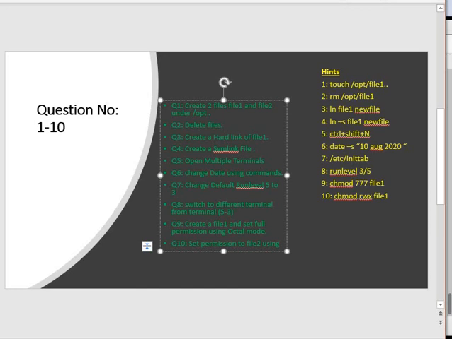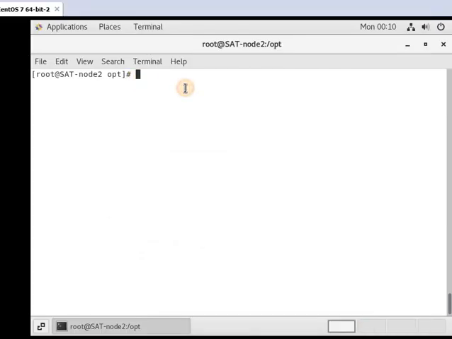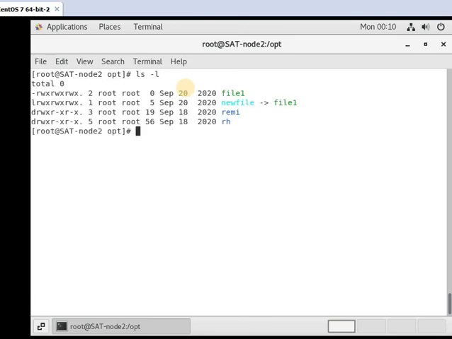The next question, question number 10, is to set the permission of a file using the normal method. The file1 has the permissions. So we will remove the permissions from file1.